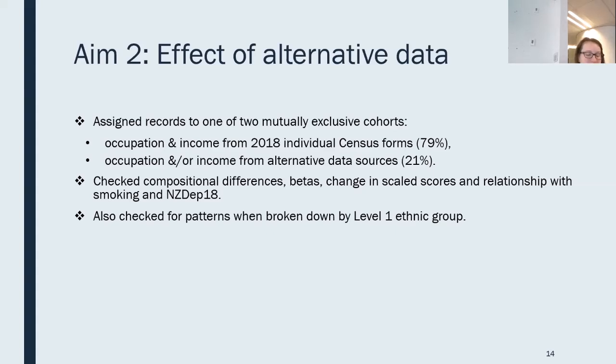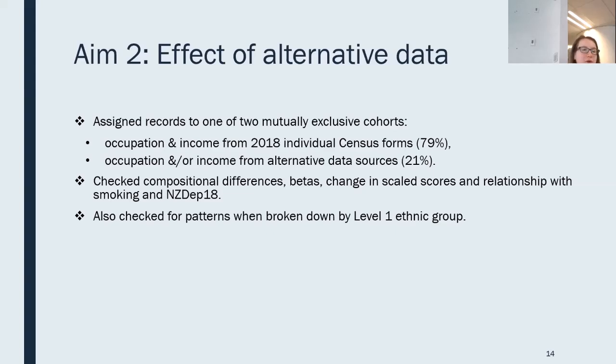So we may expect differences between these cohorts for two key reasons. The first is through differences in data quality between those with data from the 2018 census and those with data from other sources. The second is that the composition of the two cohorts may differ systematically. For this reason, just excluding records with alternative data is not a good approach. So we check for differences in education, age, and income levels within occupations across these cohorts, as well as whether there were differences in the levels of alternative data use across occupations.